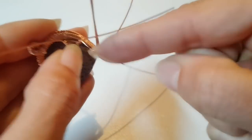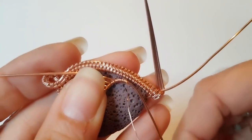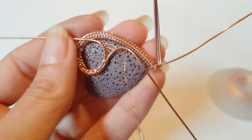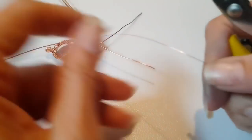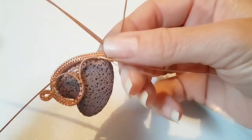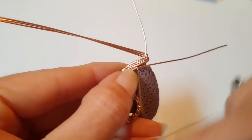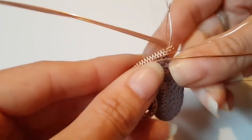And I'm going to finish off with a few more wraps around that bottom wire. I'm going to continue adding more coils onto that bottom wire a bit further. So I've coiled a little bit further, and now I'm going to cut the bobbin off the weaving wire. I don't know why my fingers have gone a bit black. And I'm going to take this weaving wire and secure this to the weave at the back. So I'm just going to pop the wire under the weave,